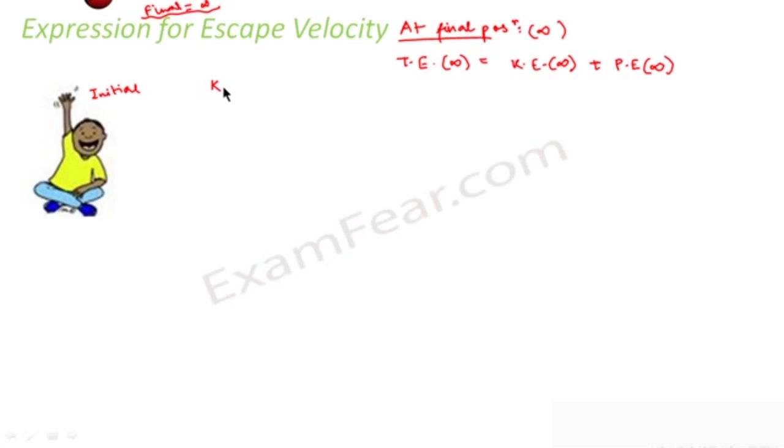So we will find out the values of each of them. What would be the value of kinetic energy at infinity? It would be half m vf square. Let us assume that initially the velocity was vi at this position, and at the final position, that is infinity, where we don't know what it is, we are simply assuming that it is some velocity, say vf. So the kinetic energy at infinity is half m vf square. What would be the potential energy at infinity?